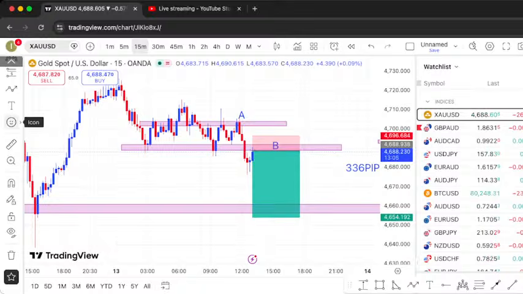Remember, confirmation will be just a bearish engulfing candlestick or any other bearish candlestick that signals a sell opportunity. So remember, the rule is no confirmation, no entry. We are bearish on gold, so just waiting for a confirmation. Confirmation matters a lot with your strategy. You can have the best strategy, but without a very good confirmation, you'll end up in endless losses. So make sure you have a confirmation before taking any trade.